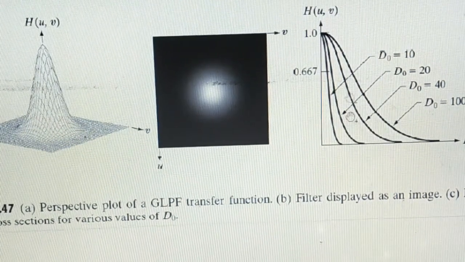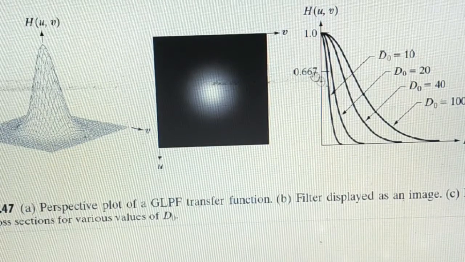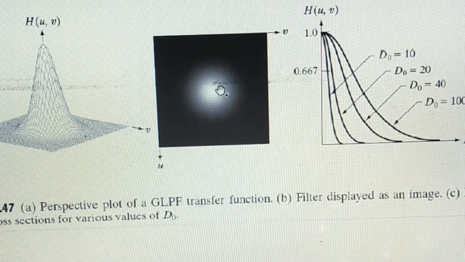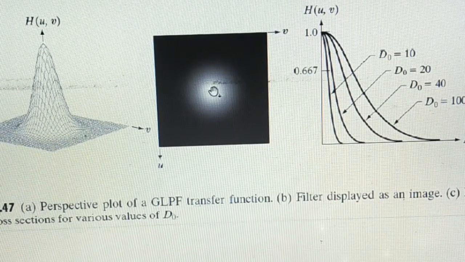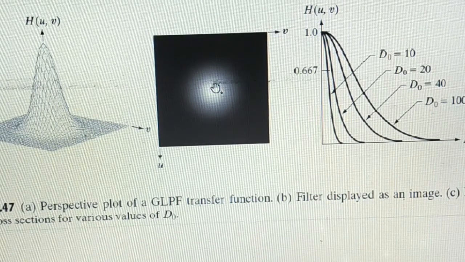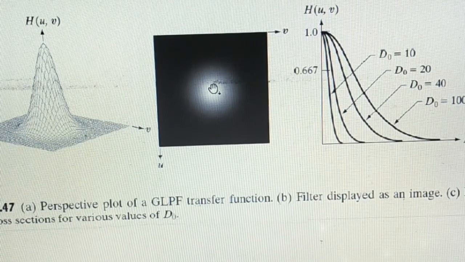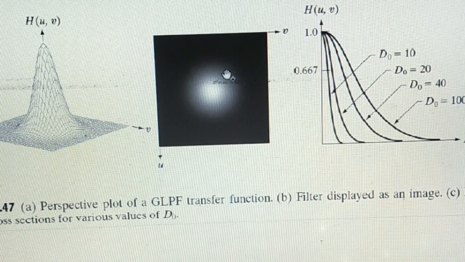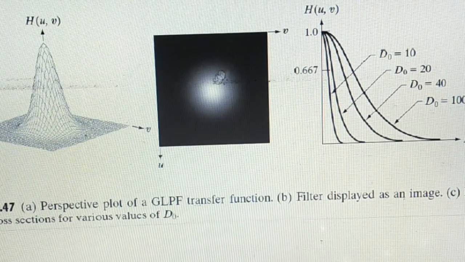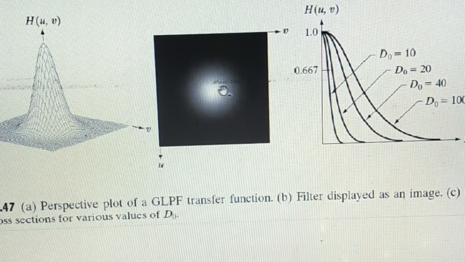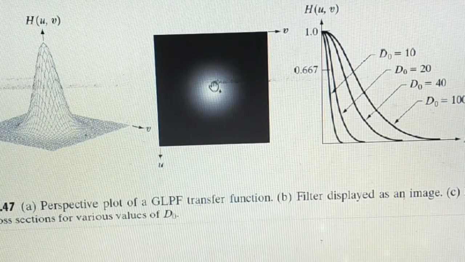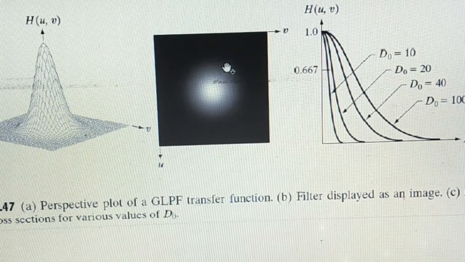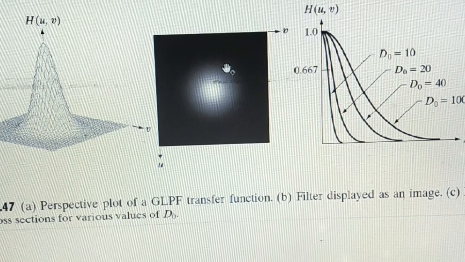Corresponding to this radial cross-sectional plot, if you see the image plot of the Gaussian low-pass filter, quite obviously the gain is maximum at the p by 2, q by 2 point, which is the point corresponding to 0 frequency, and the gain slowly decreases as you go to higher and higher frequency. Radially outwards the frequency is increasing, so the image becomes darker and darker as we move radially outwards in the image plot of capital H of u comma v.